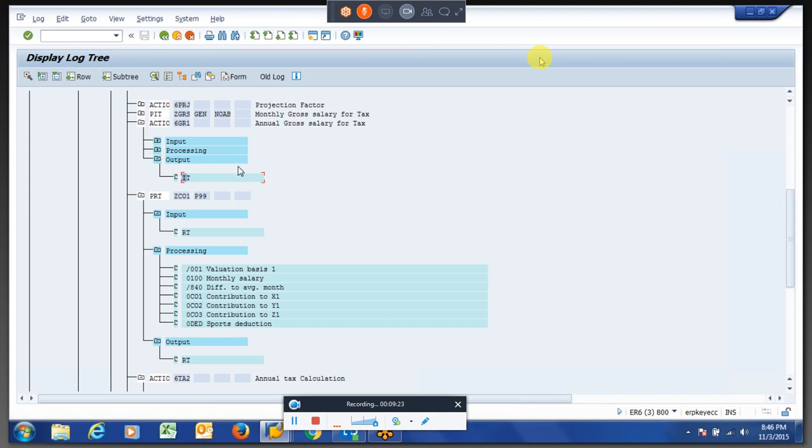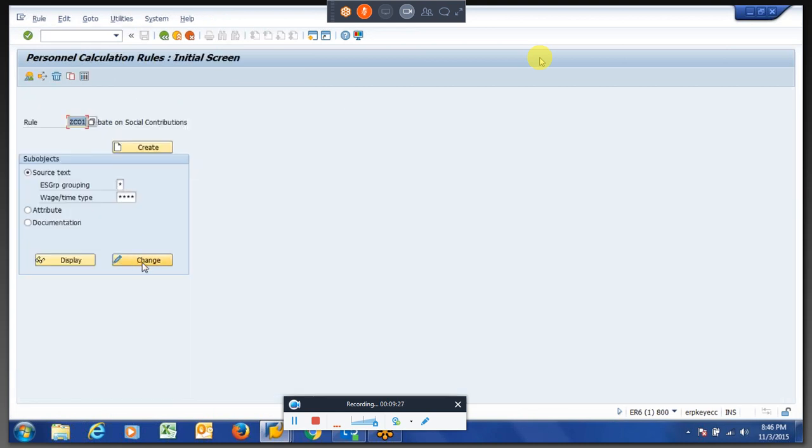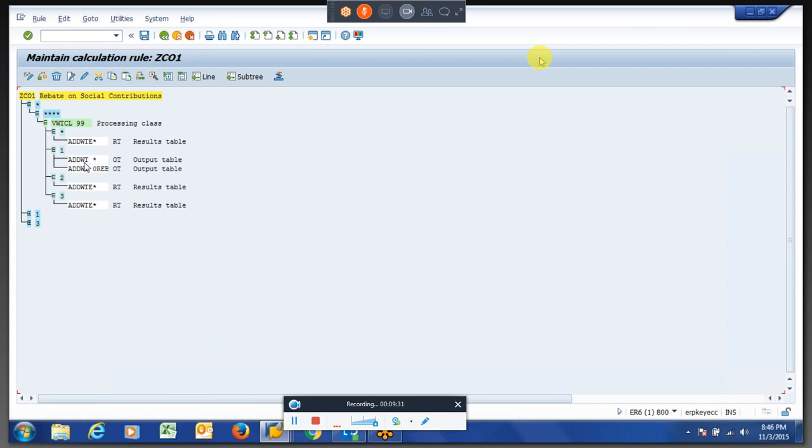We have written of this itself. In this PCR, let us say we are going for PCR grouping 3 for specification 1.